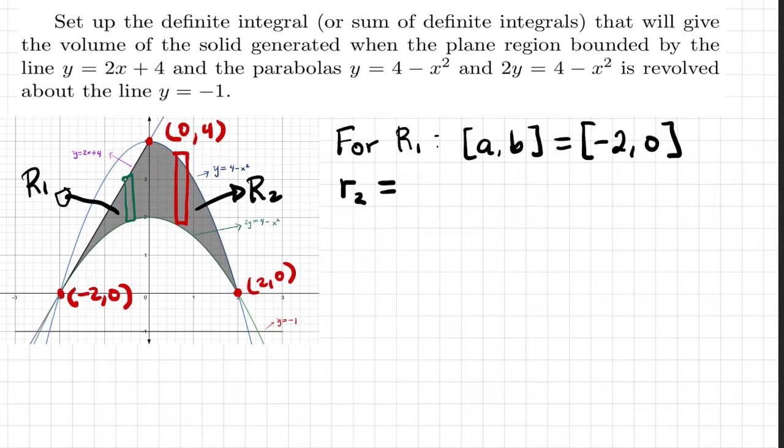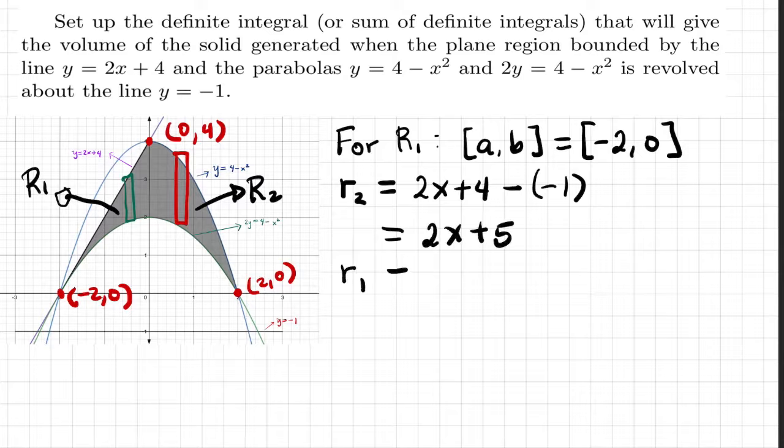The upper here is 2x plus 4 minus the lower curve, which is negative 1. So R2 is equal to 2x plus 5. For R1, pwede natin gawin is to look at the near tip hanggang dun sa axis of